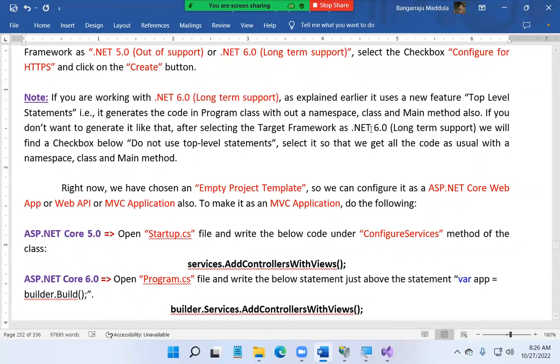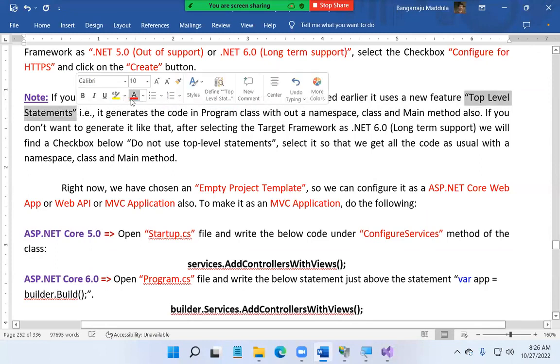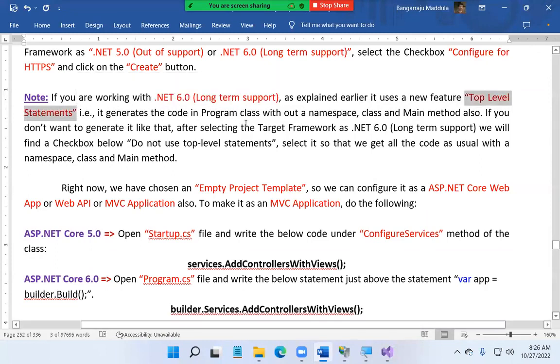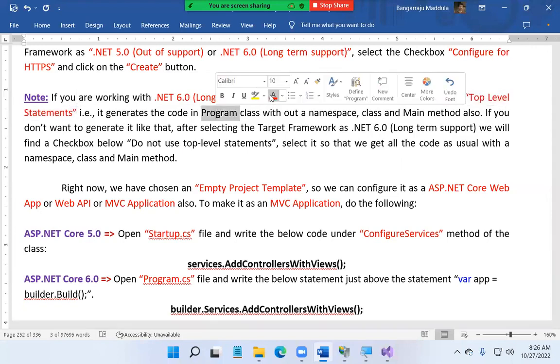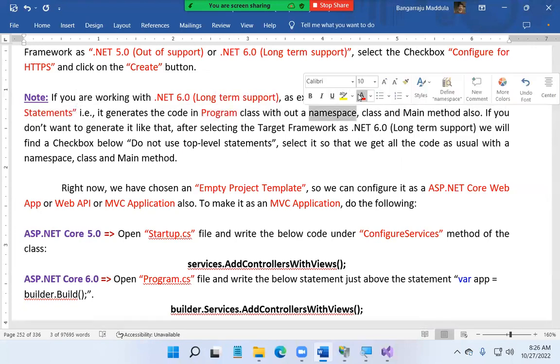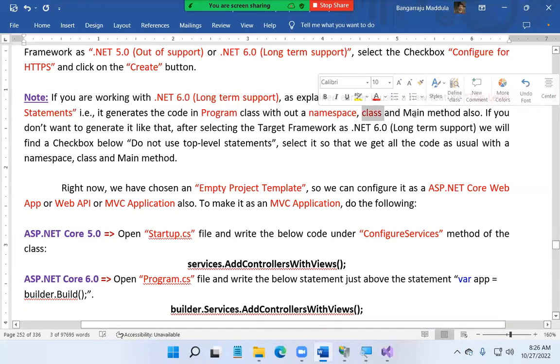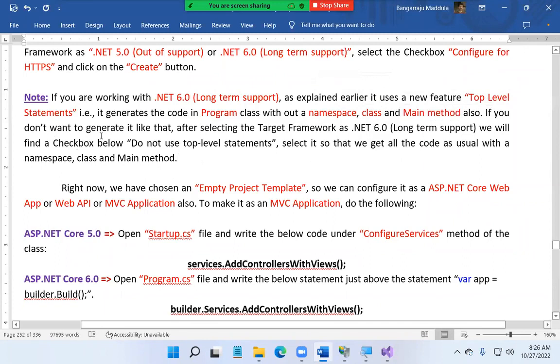As explained earlier, it uses a new feature. What feature? Top-level statements. That is, it generates the code in the Program class without a namespace, class, and Main method also. Nothing will be there, Main method also. If you don't want it generated like that,